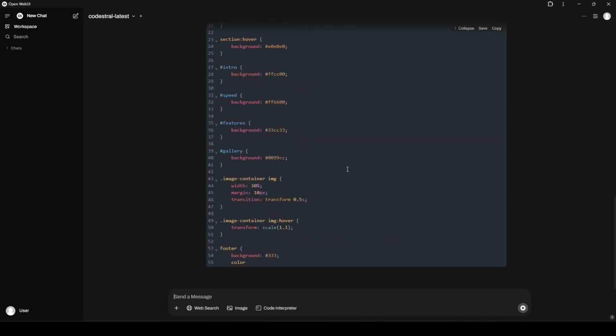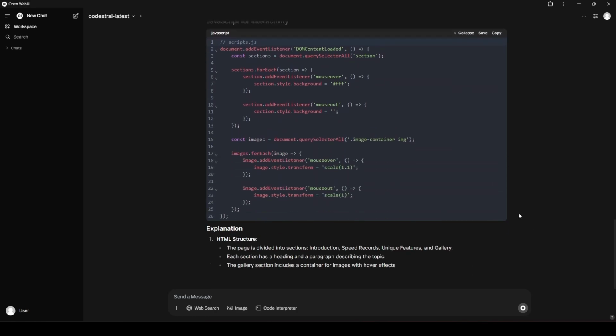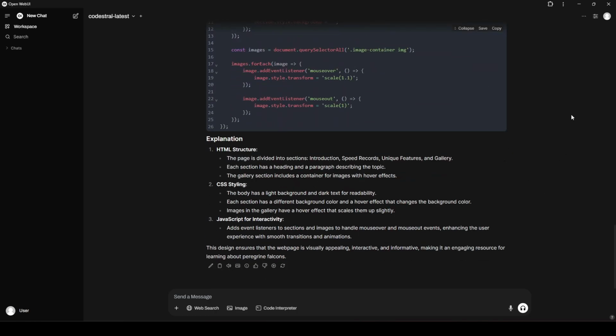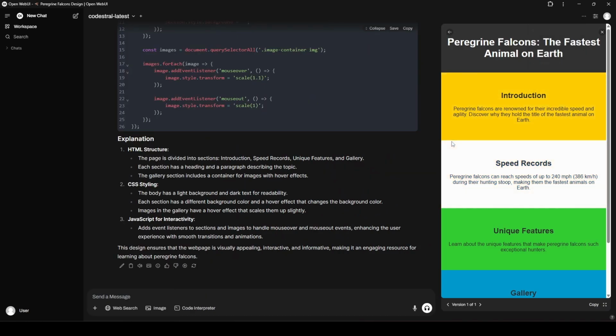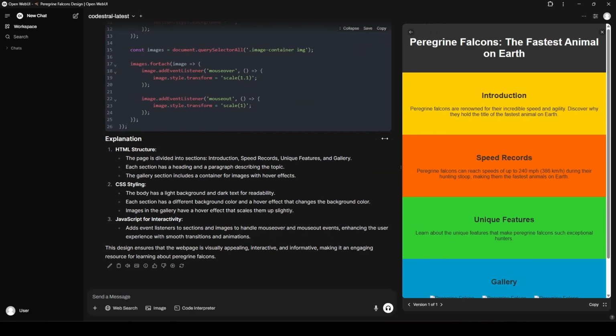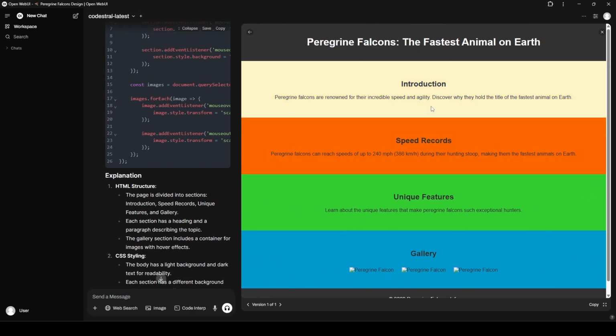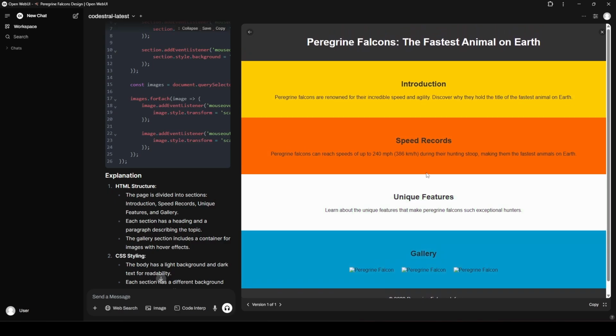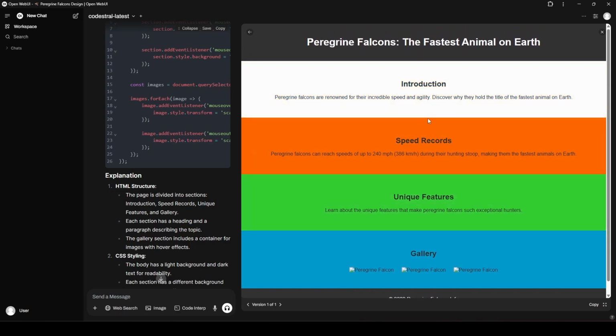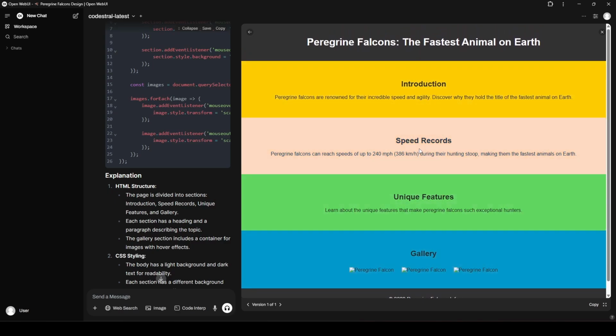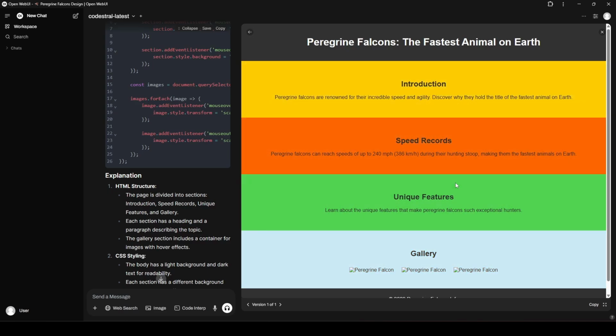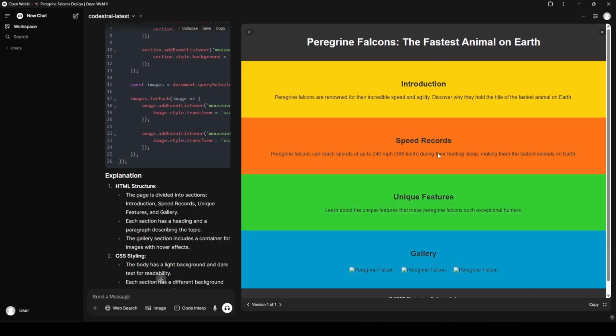Gives us the CSS and the JavaScript, everything else. And one of the wonderful features of Open WebUI is you just click Artifacts here, and now you can see this is kind of a funny website. I didn't tell it anything about pictures or colors. So it just came up with exactly what I asked for, mouse-over animations and transitions with some very, very vibrant colors. And I like vibrant colors, so it's kind of fun.